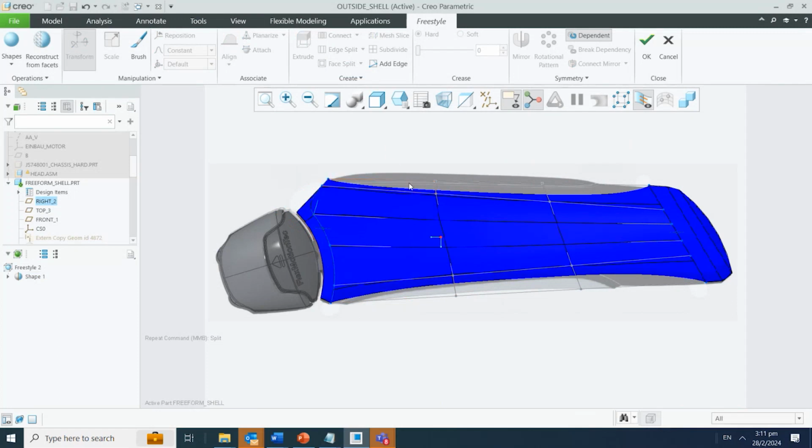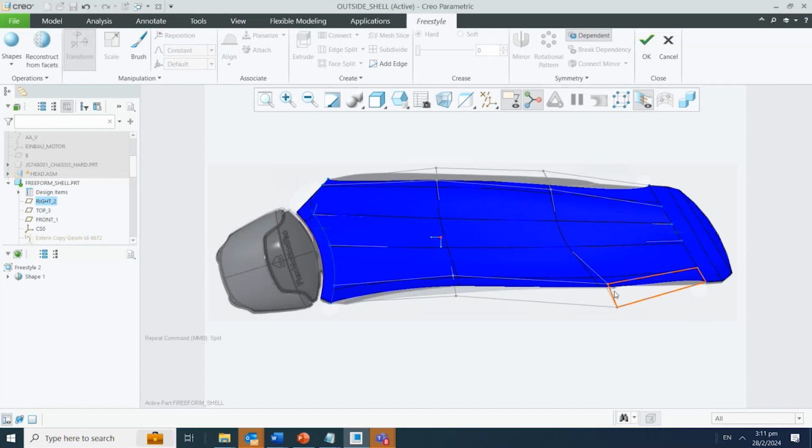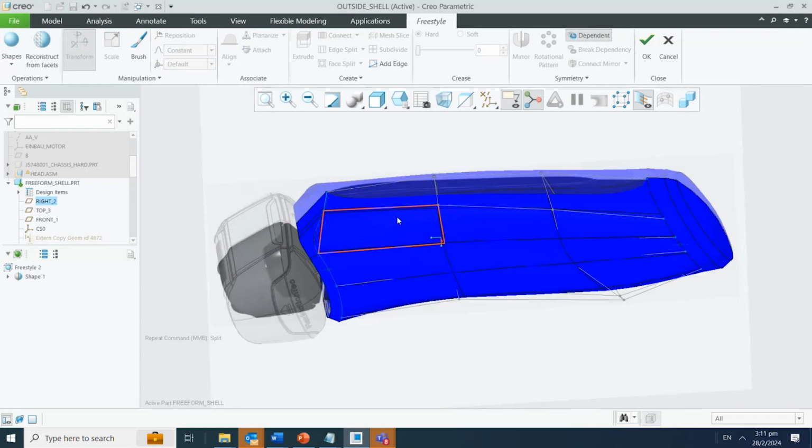Okay, so from the top here, just adjust this one. Okay, and select back to somewhere here. Okay, so something like that. And if I go to the top area here,